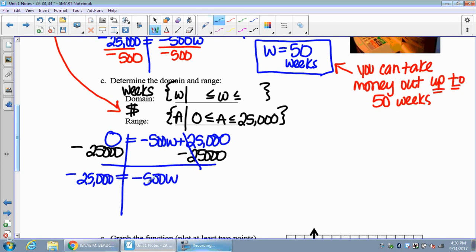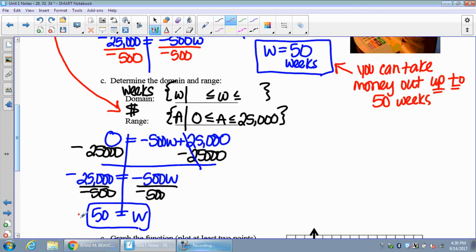Divide to solve for w, both sides by negative 500, and I get w equals 50. If I show my brain the calculation, I see that here's x and here's y. So this gets me the ordered pair 50, comma 0 for my graph. And then when I plug in